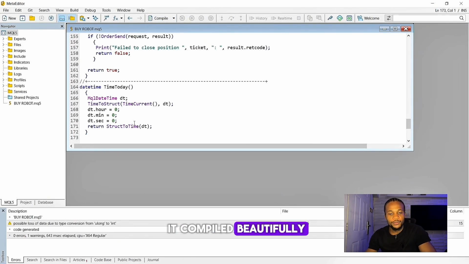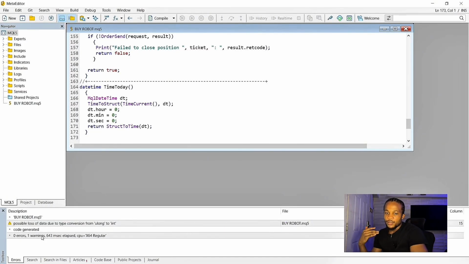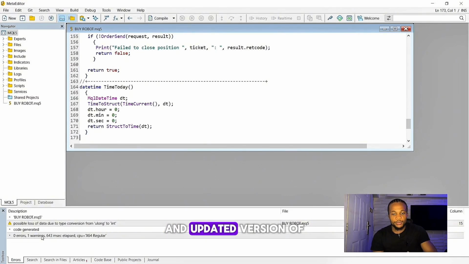It compiled beautifully. On some instances there will be errors. If you click on compile and it shows an error, all you have to do is copy the error and paste it back to ChatGPT, and it will give you a corrected and updated version of the code that you just copy and paste here. But yeah, there's no error, so we'll go ahead and